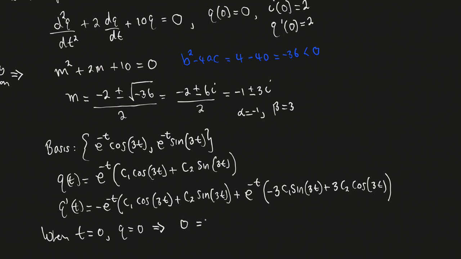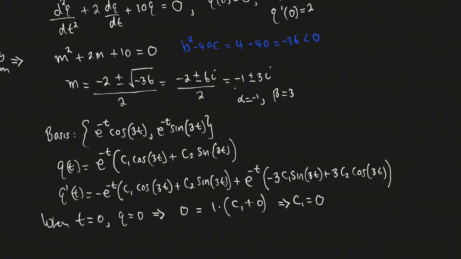E to the 0 is 1. Cosine of 0 is 1. And then the sine of 0 is 0. So that tells us that C1 is equal to 0, right? Now, the other condition, our current, i.e. the derivative of charge, so when t is equal to 0, q prime is equal to 2, right? So when t is equal to 0, q prime is equal to 2,